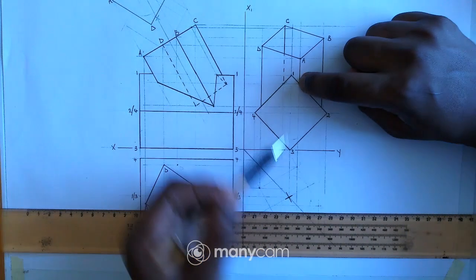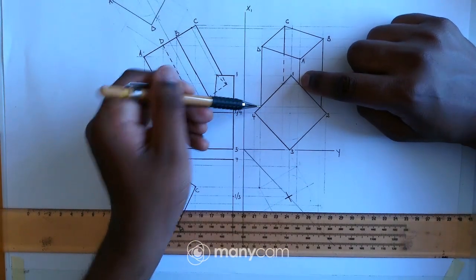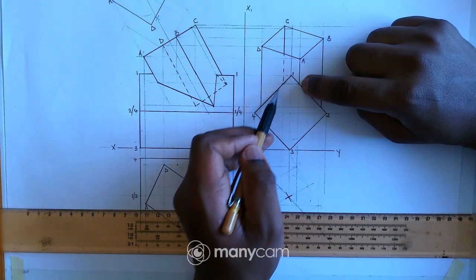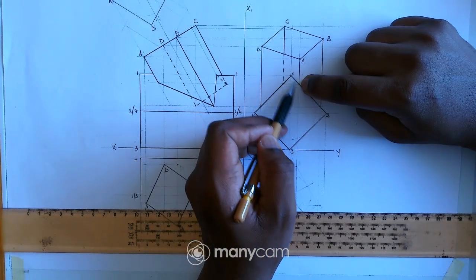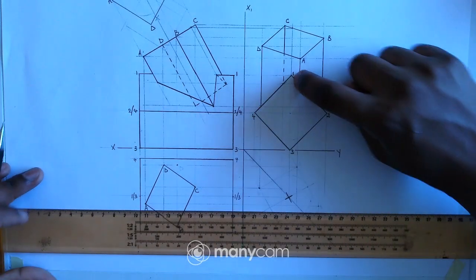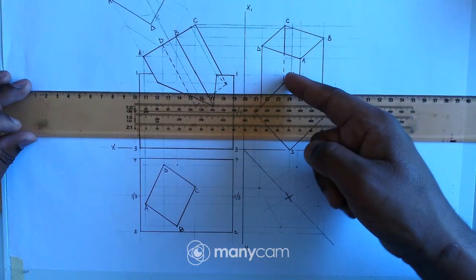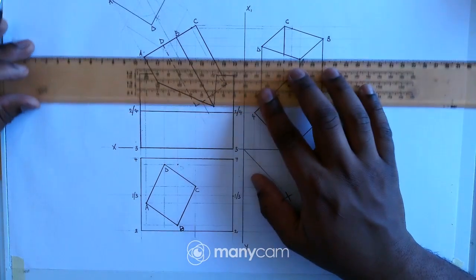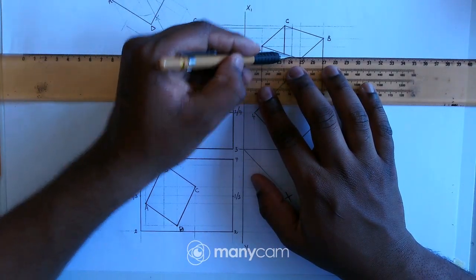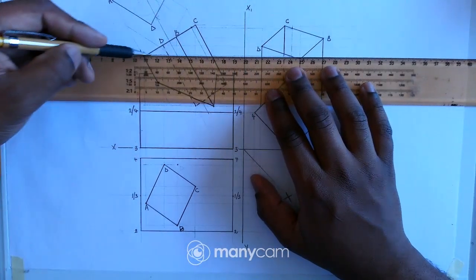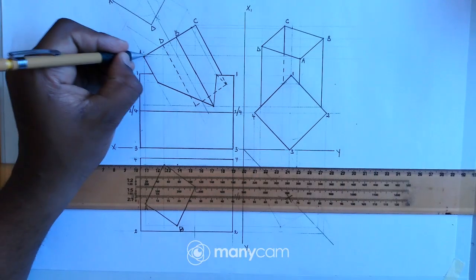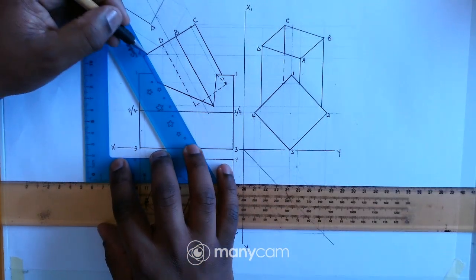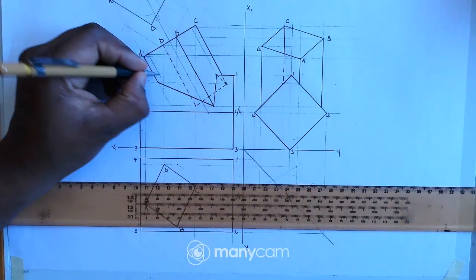Because A is this side and D is this side, and obviously from D to A we have a line going up to that point and then down back to A there. So I will do the same thing, project this point up to there between line AD, and then that means that point I'll just take it to our front view there. So that means I have a point there, and from there I'll take it down to here.